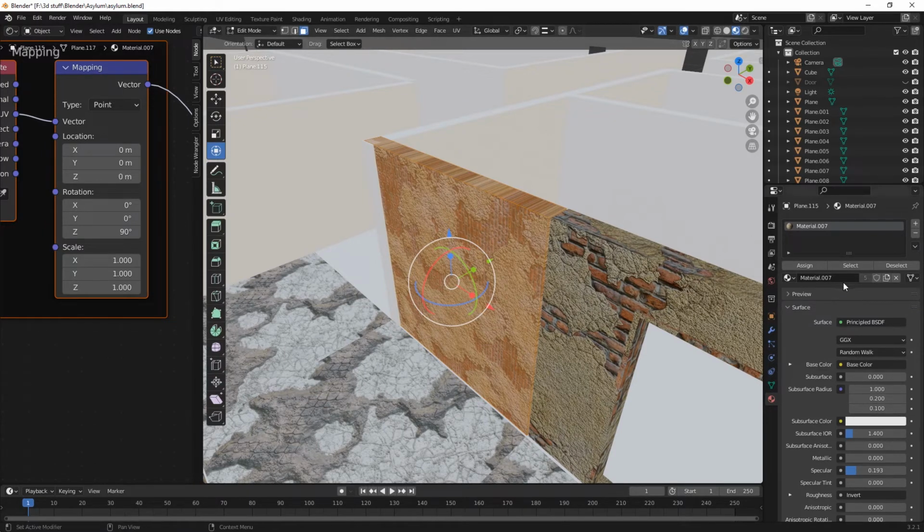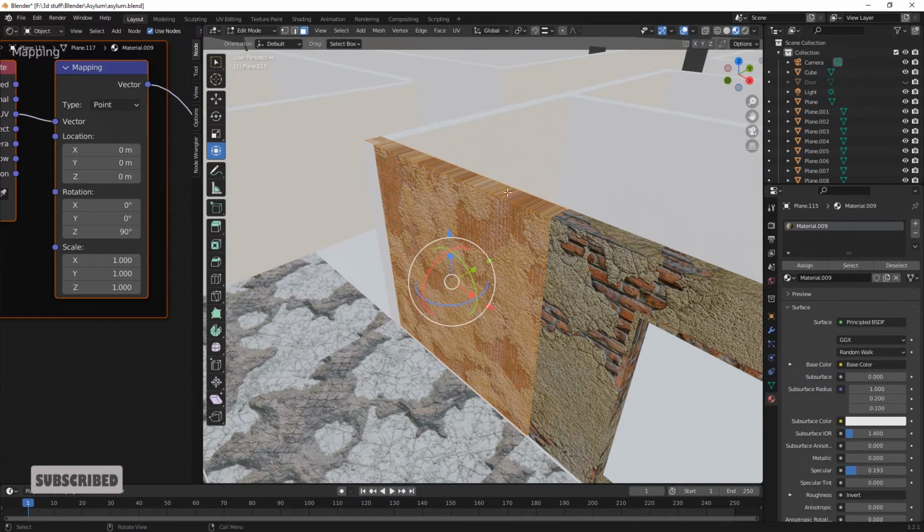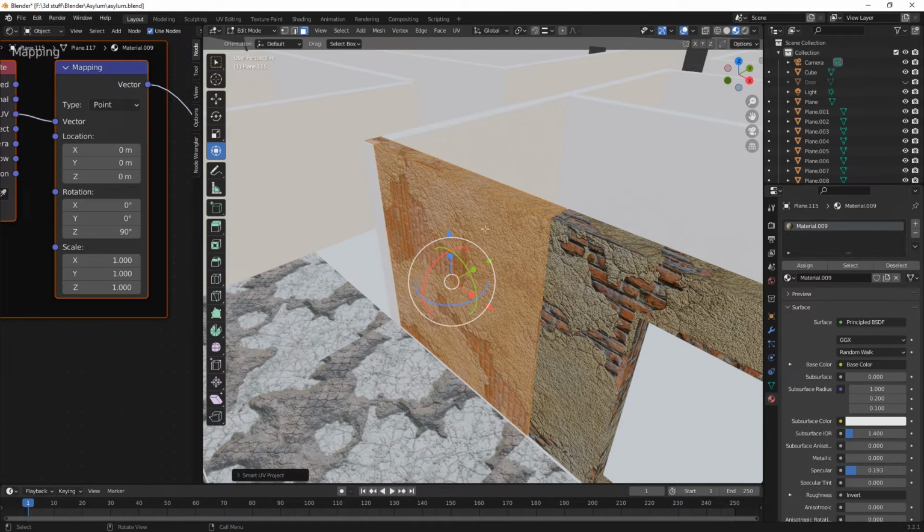Okay. Select that. A, all transforms, UV smart unwrap, bada bing bada boom, and then we can rotate maybe that back to 0